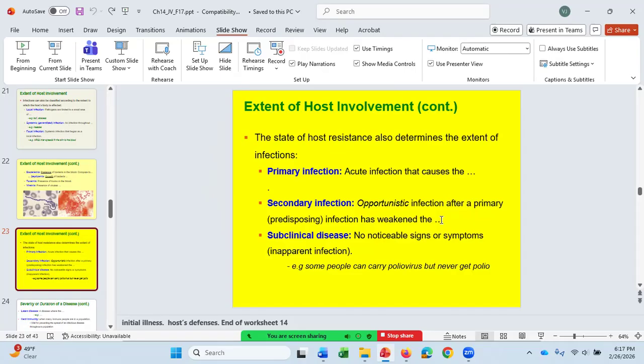Another case would be when someone gets one bacteria in their throat and then another bacteria starts growing in the throat, which could be an opportunistic infection, something that was a normal microbiota before the primary infection. We also have subclinical disease, which is an inapparent infection. We had another term for that, an asymptomatic disease. They mean the same thing, where the patient has the disease-carrying organism, but they have no noticeable signs or symptoms. The patient doesn't know they're sick, but they're carrying the